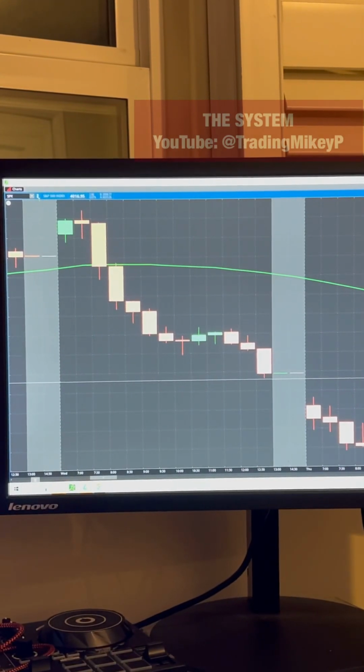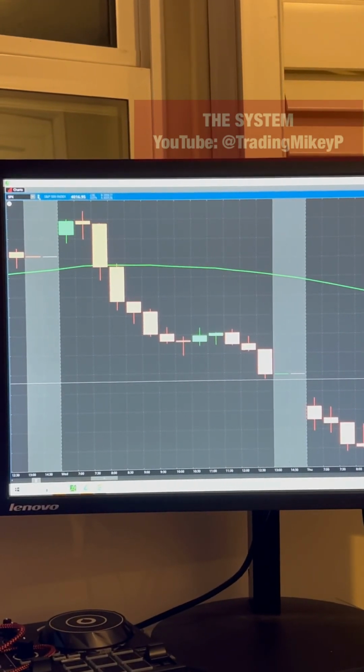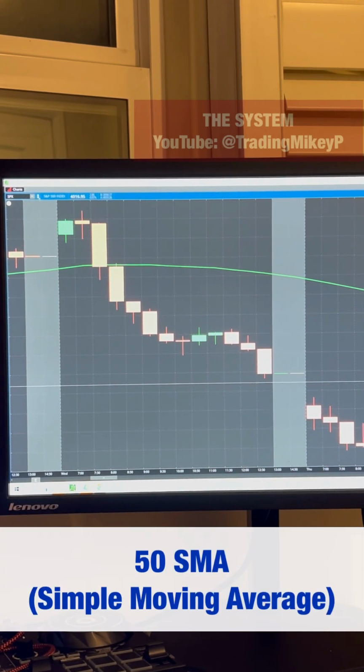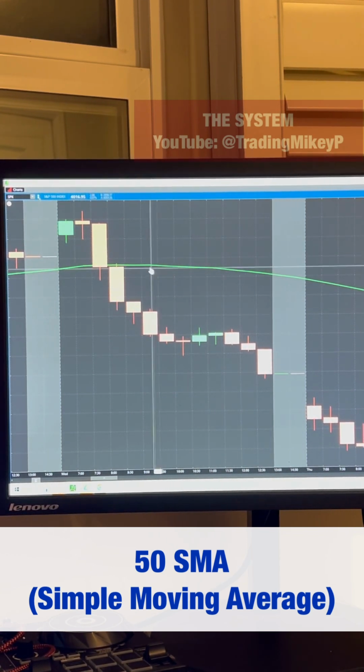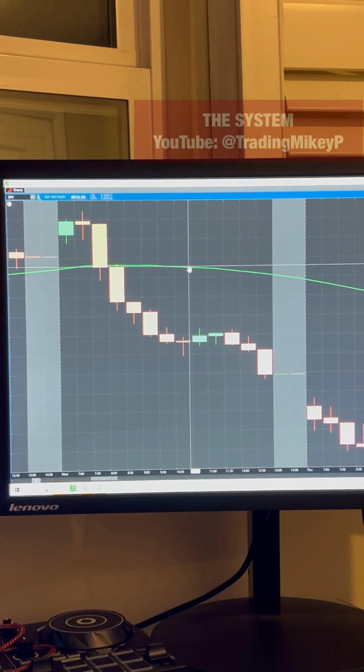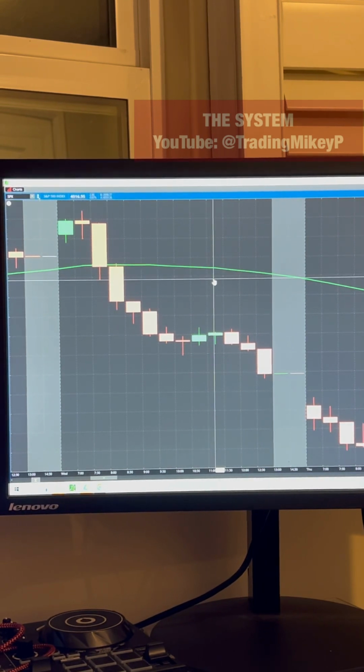So the first thing that you're going to need is to set up your indicator. On here, you start out with the 50 SMA. SMA stands for simple moving average. On my chart right here, I have it colored as the green line. So the 50 SMA lets you know what trend and who's in charge, whether it be bears or bulls